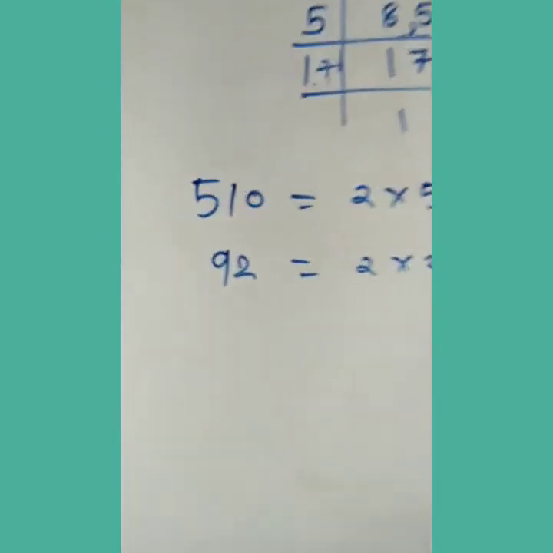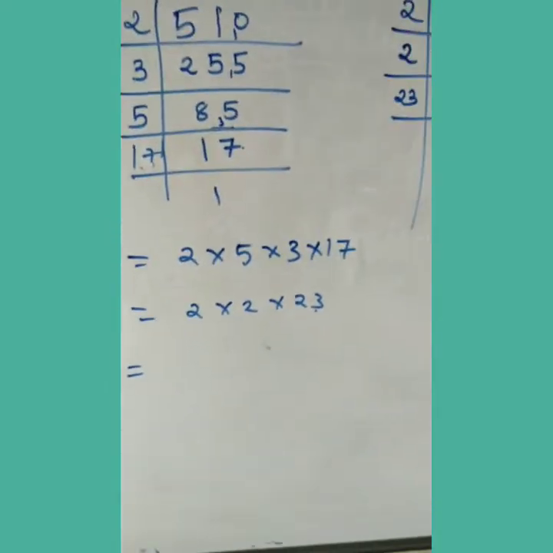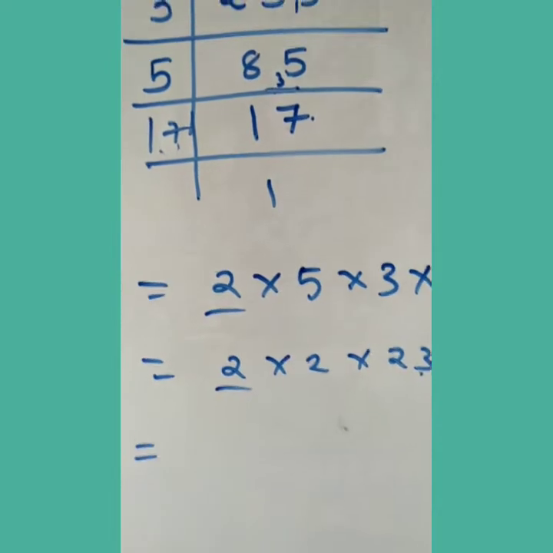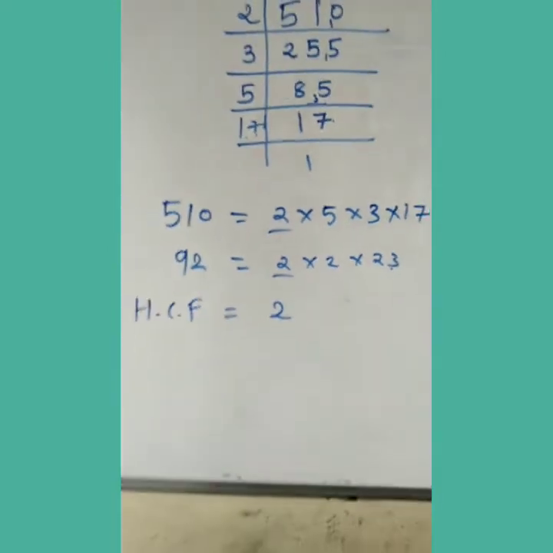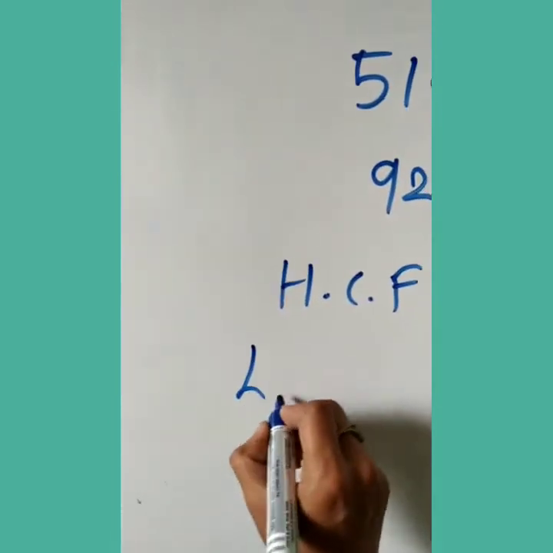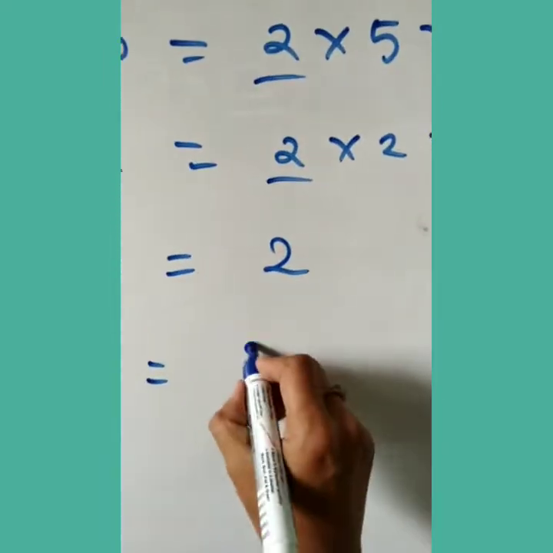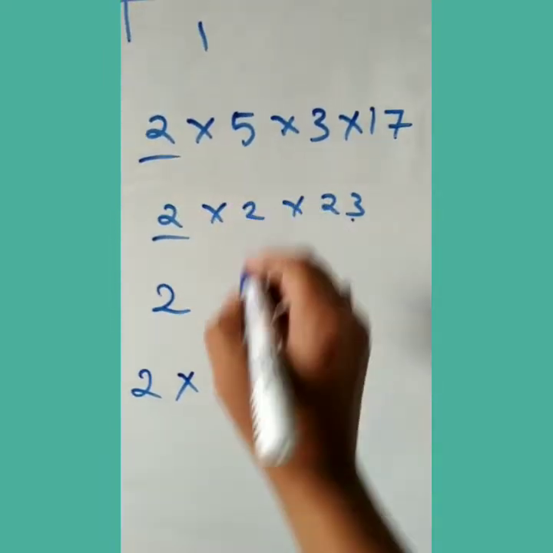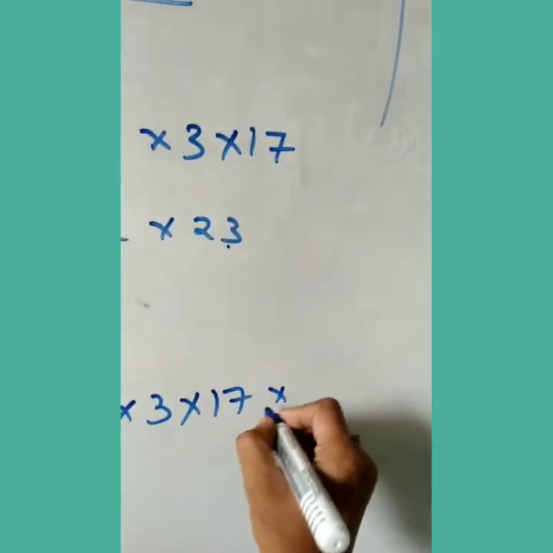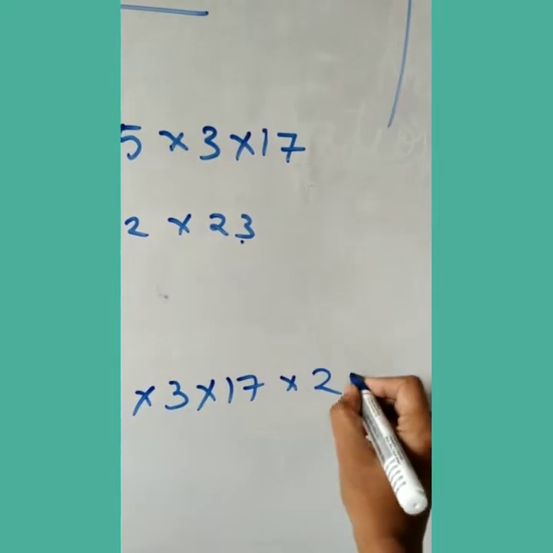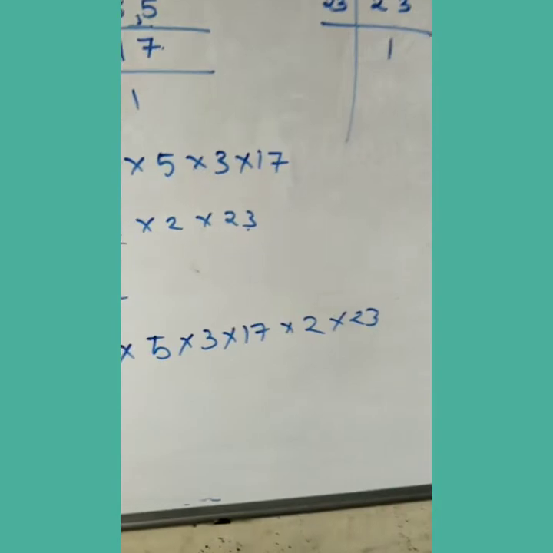So here we will write our HCF, meaning the common numbers in both of them. So here we can see that 2 is common, so we can write that HCF is 2. And here we will find the LCM of that particular number, meaning including that 2, and whatever remains, meaning 5 into 3 into 17 into this 2 into 23. When you are multiplying this, you are getting the number as